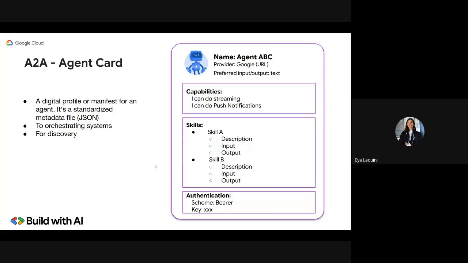So here, for A2A, we have an agent card, which is like an ID card for humans. Each one of us has an ID card: our name, last name, city, birth date, profession, any information needed to know about me. So also here, each agent has an agent card, and that agent card has a name, provider,